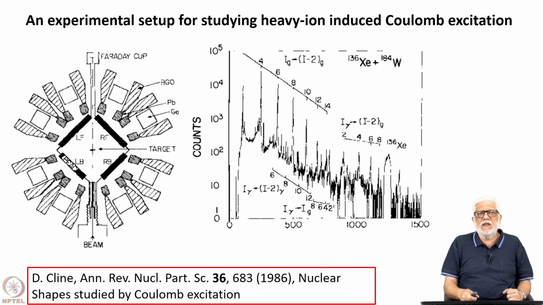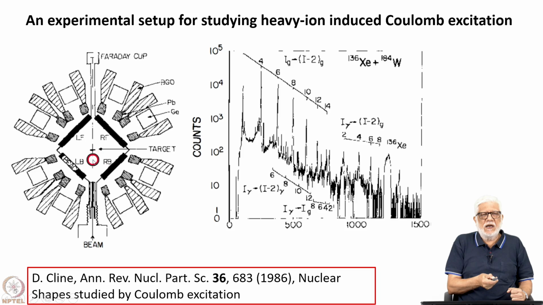Okay, so this is a typical experimental setup. This is taken from a review article by David Cline in 1986, where you have an array of Compton-suppressed high-purity germanium detectors, and you have a beam coming in from the bottom. The beam is incident on a target, and it makes Coulomb excitation of the target,